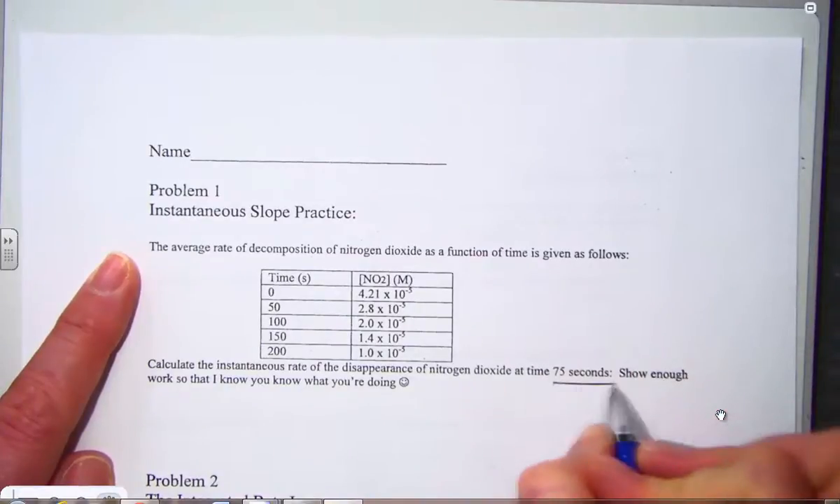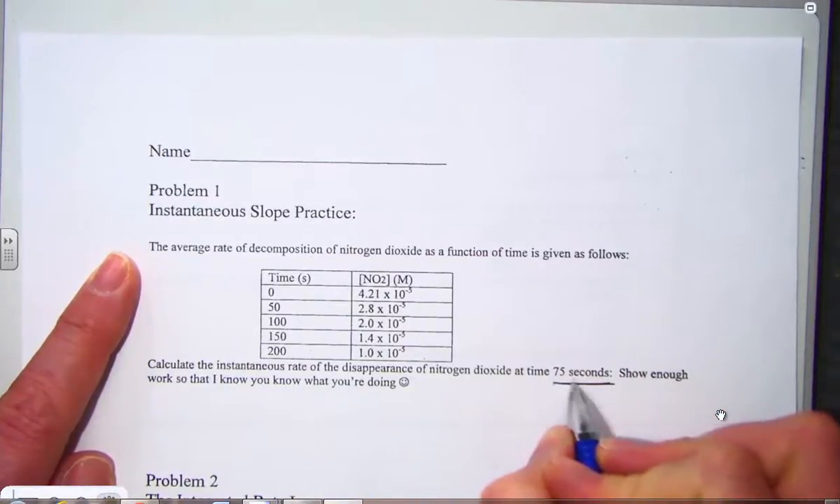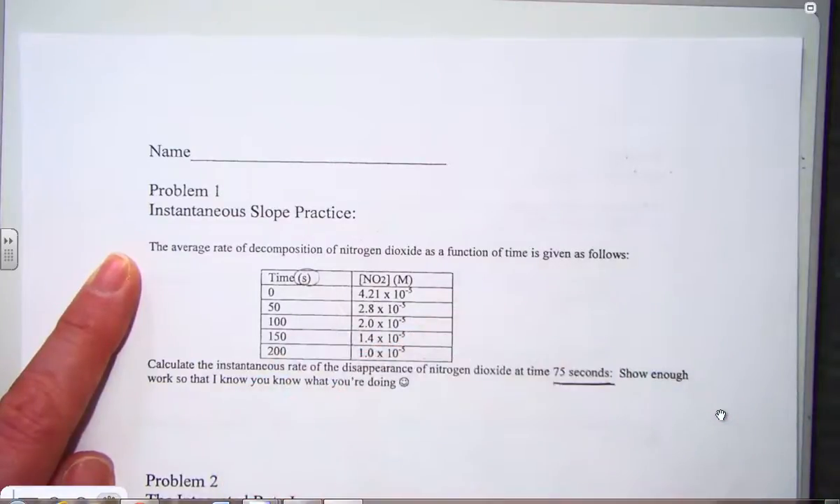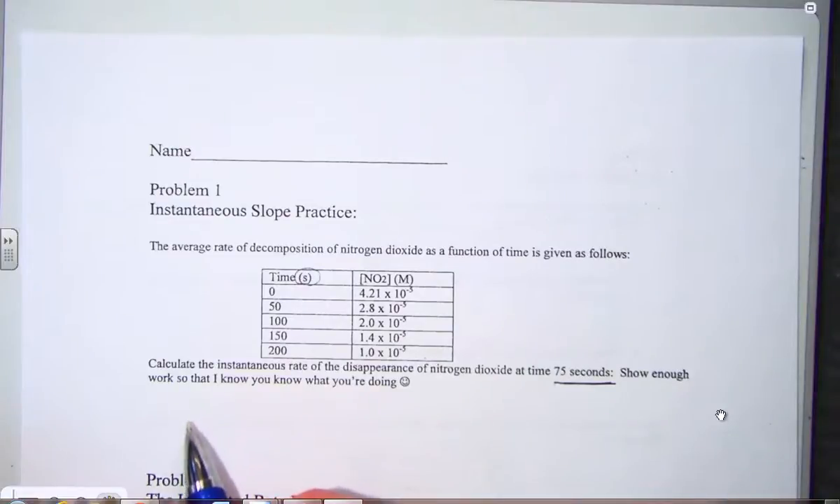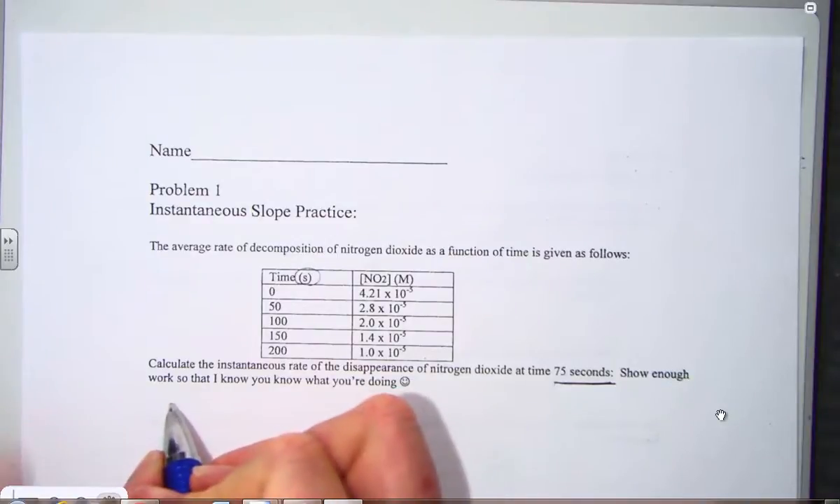So one of the things I first notice is that the time unit seconds indeed matches the list. That's a good thing. No conversions are necessary. And just show enough work that I know what you're doing. In other words, what is it that we are indeed graphing? Well, first of all, into my calculator,